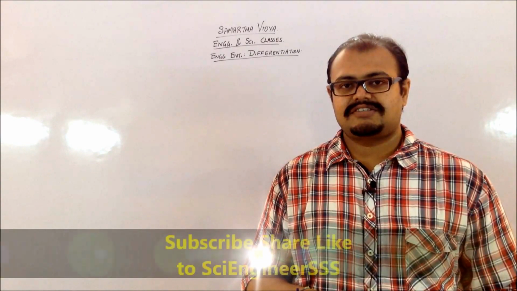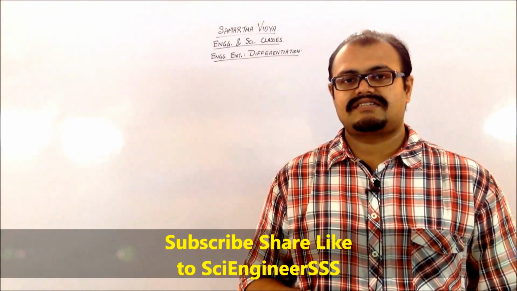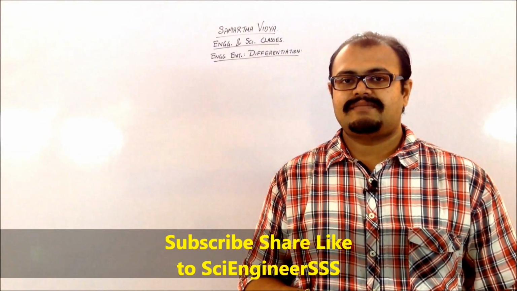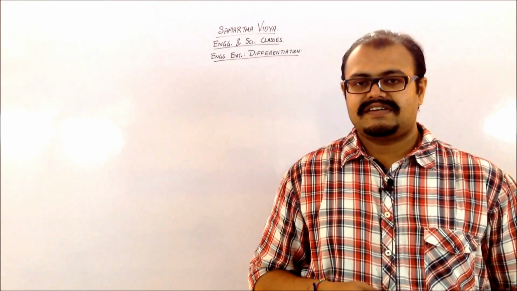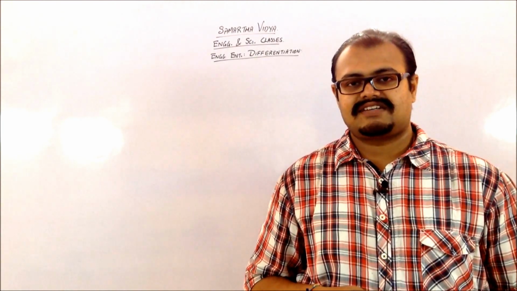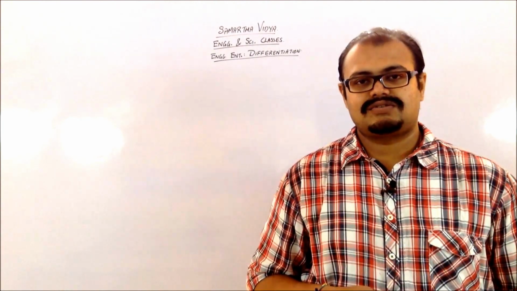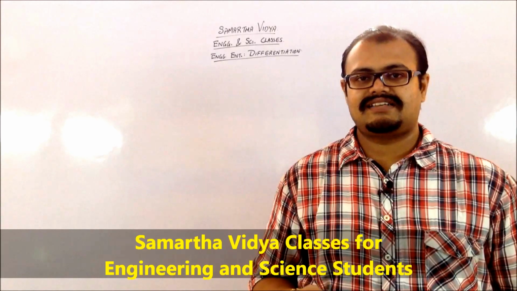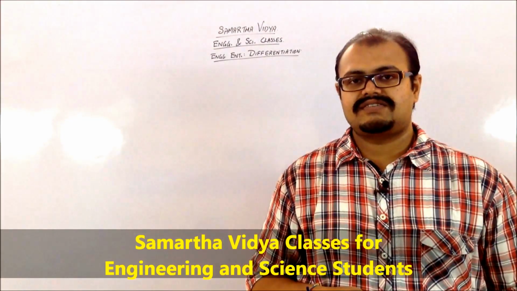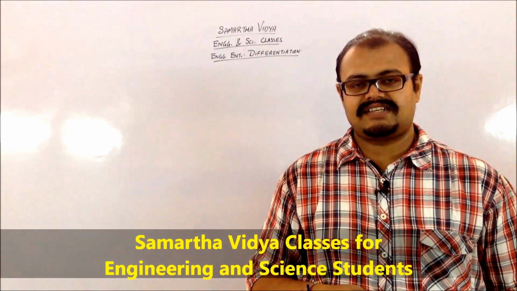This particular video is going to be the continuation of the topic differentiation, which we have already made videos on. So if you are new to the channel, please do check it out. In this video, we are going to discuss the topic which is implicit functions. Implicit functions are those types of equations or functions in which we cannot represent one variable in terms of the other variable. That means a dependent variable cannot be explicitly represented as an independent variable or vice versa. So we are going to see how to take differentiation of such equations or functions.